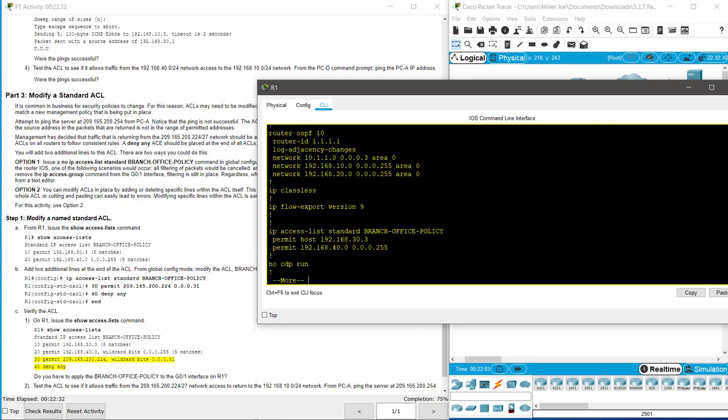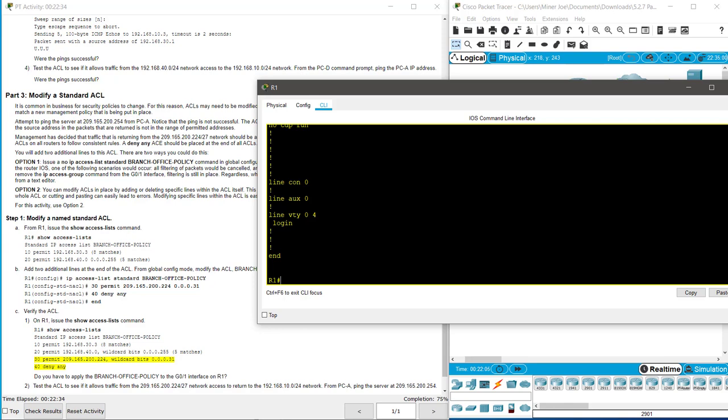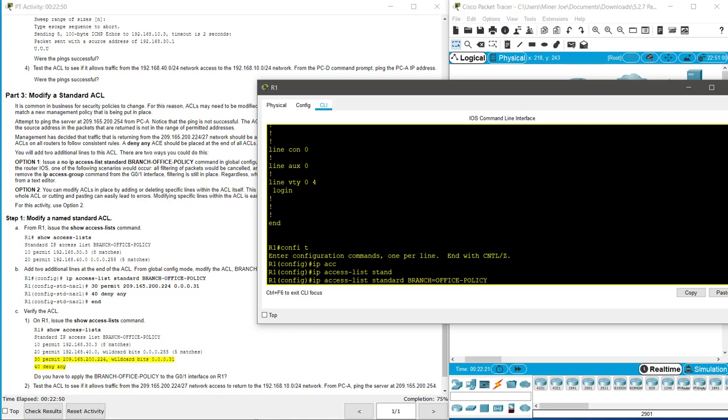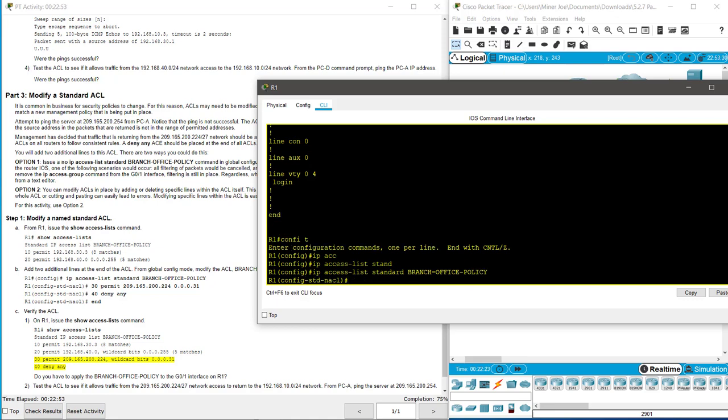So let's do Control C and config t, and ip access-list standard. This is the worst part, retyping the name of the access list. And let's go ahead and start adding those lines from here. So we're going to add line 30, permit